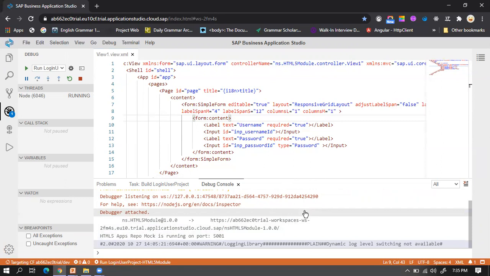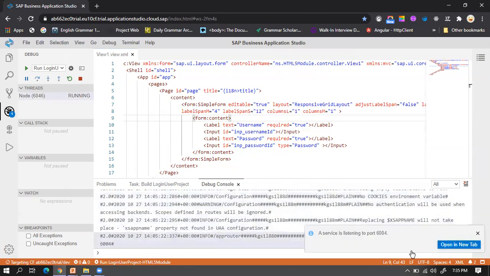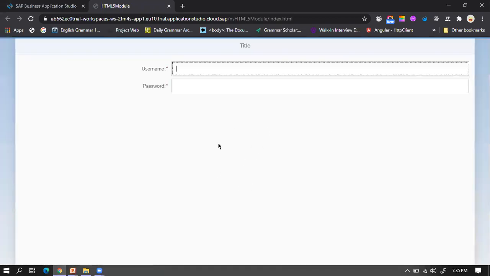Let's wait for a couple of seconds. Okay, so once it's loaded, just click on open in new tab. It will open the application in a new tab on a localhost server. Okay, so now you can see the username and password.